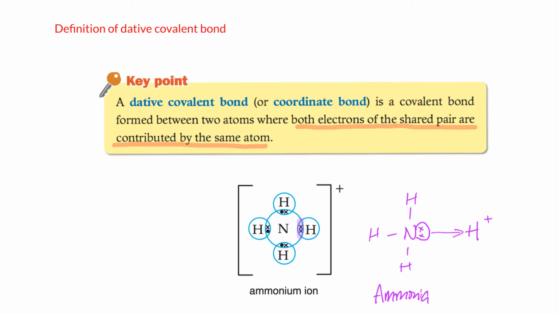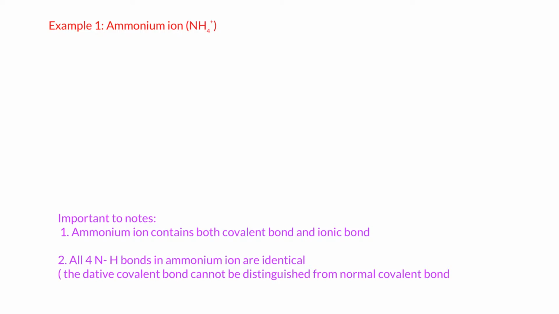In this diagram, you can see that the nitrogen itself has 8 electrons in the outermost shell, while the hydrogen can also share 2 electrons, which fulfils its outermost shell, the first shell of hydrogen. Therefore, this forms a dative covalent bond. In this section, we're going to learn 2 typical examples. First of all is the ammonium ion, just as we mentioned. So we will have an ammonia molecule,